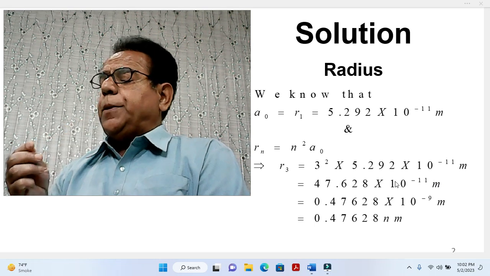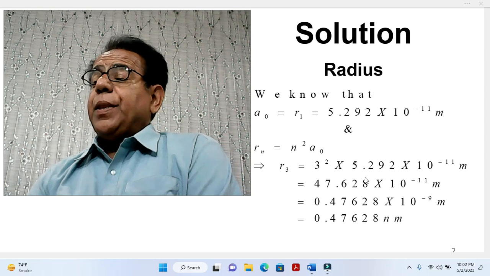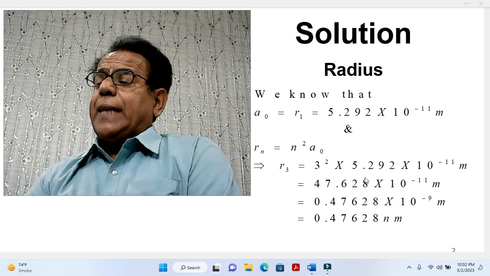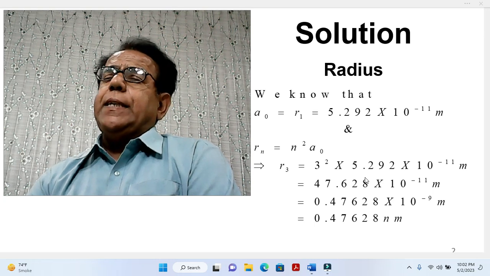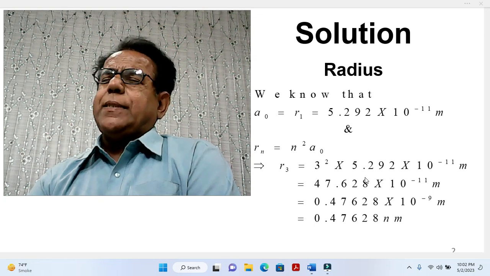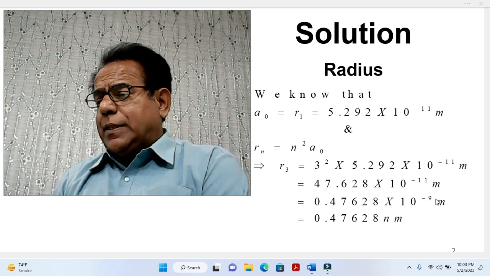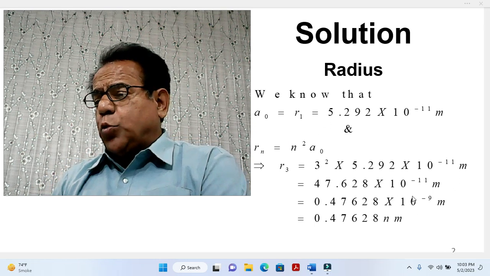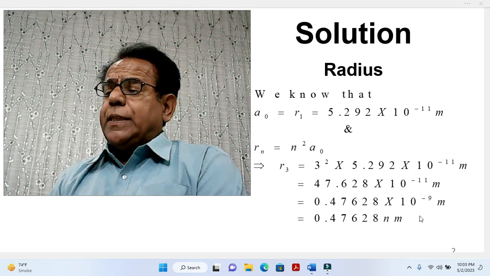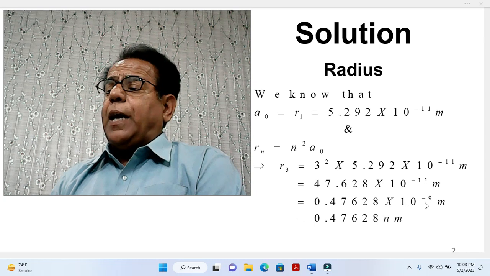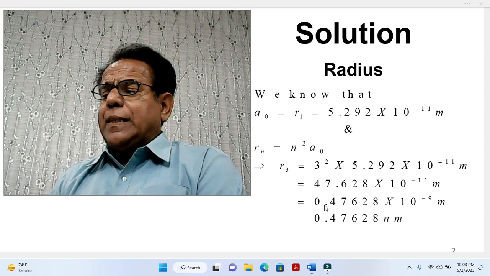What is more important is 10 to power minus 9, or 10 to power minus 12, or 10 to power minus 15, or 10 to power minus 6, etc. So we have converted this 10 to power minus 11 into 10 to power minus 9, so that in place of this we may use small n, nano. So our radius r3 has become equal to